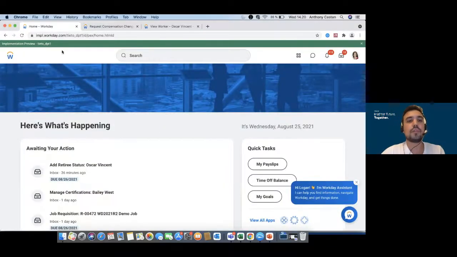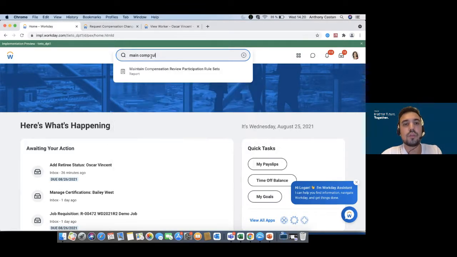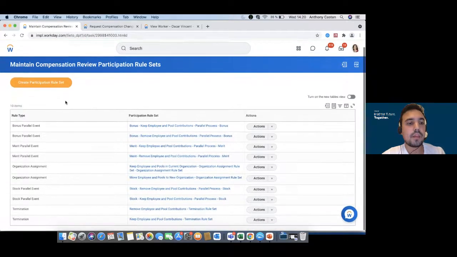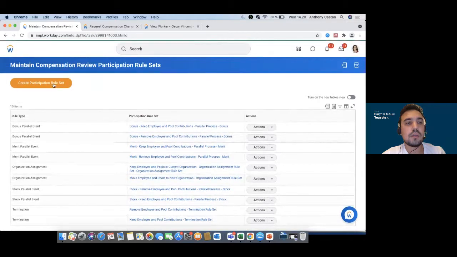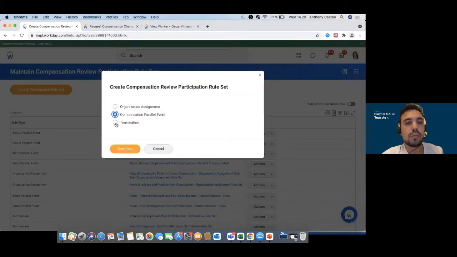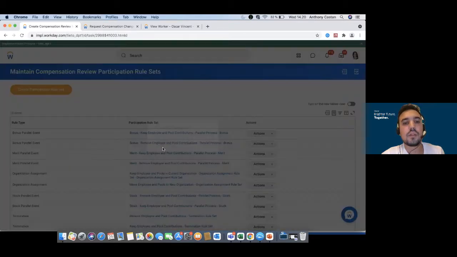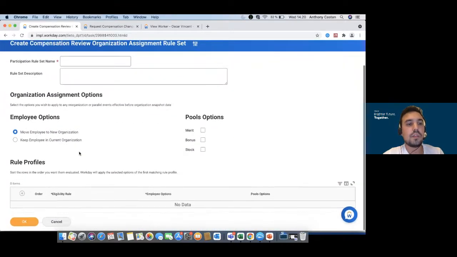So if I go for a demonstration, and if I go to maintain compensation review participation rule set, if I create a participation rule set, you can see here that you have organization assignment included. And the compensation parallel event will also include the move worker. So if I create it for organization assignments, you can see here